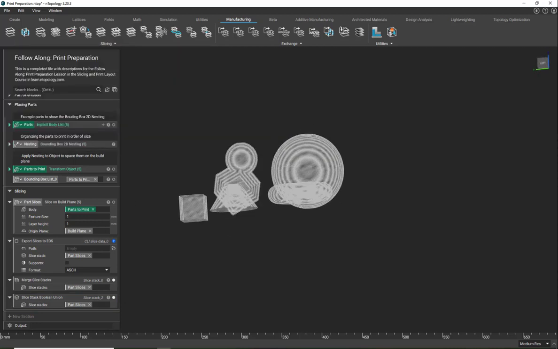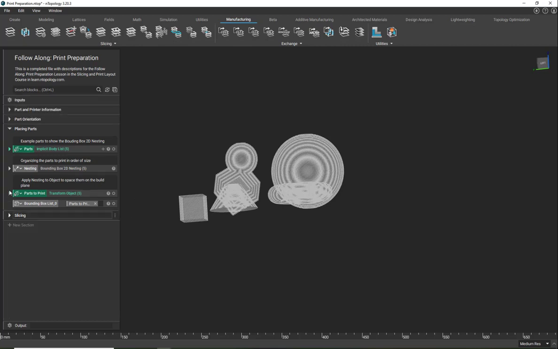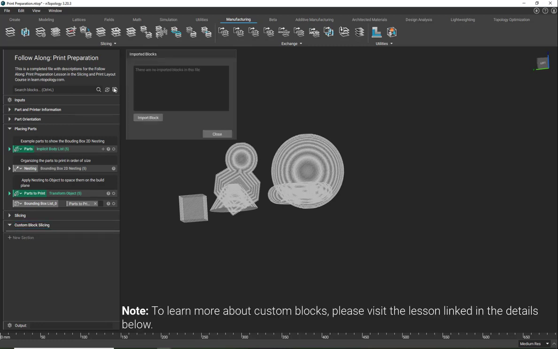I'll also show an example of a custom block that we can use for slicing. So I'll close this section, add a new section, and label this custom block slicing. You can download this custom block. It's CLI slice body by tiers. I can go in to our view imported blocks and import this block,